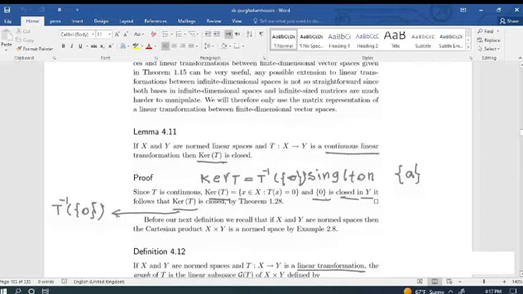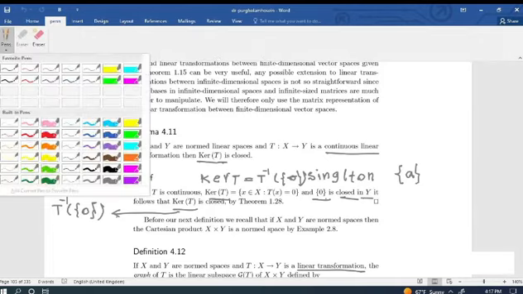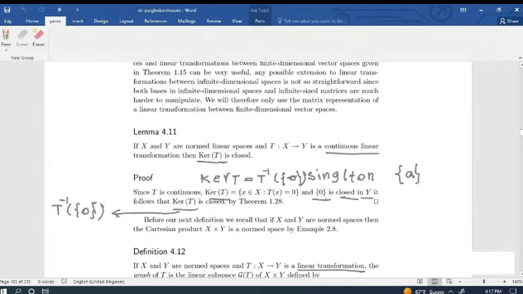Lemma. If X and Y are normed linear spaces and T from X to Y is continuous, then the kernel of T is closed. You see, kernel of T here means the set of all